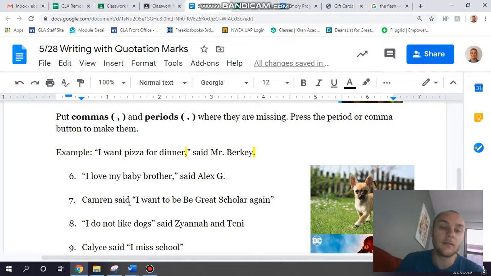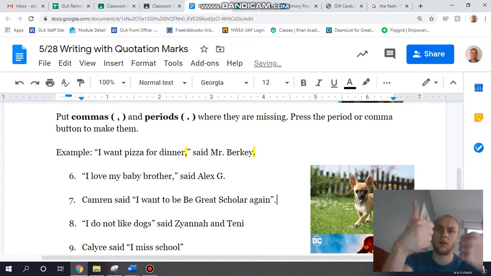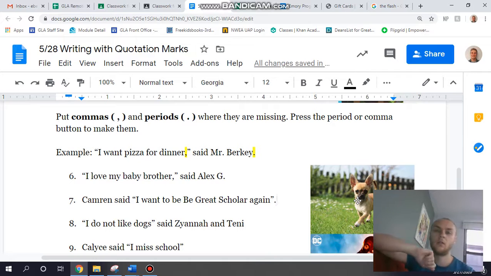Cameron said, I want to be great scholar again. So sorry. What needs to go at the end of every sentence? A period. Does a period go here? No, no way, no way. Backspace, a period always goes inside